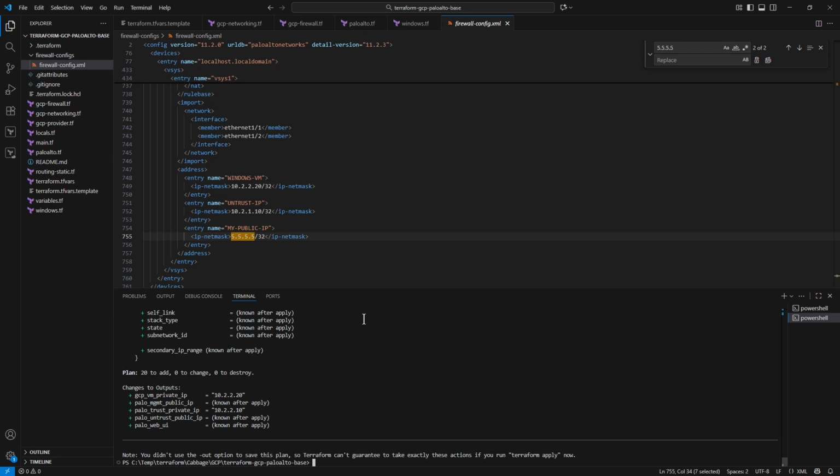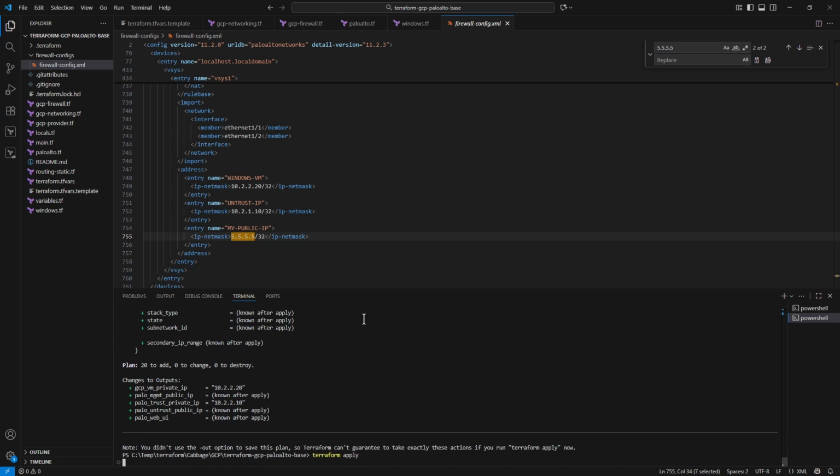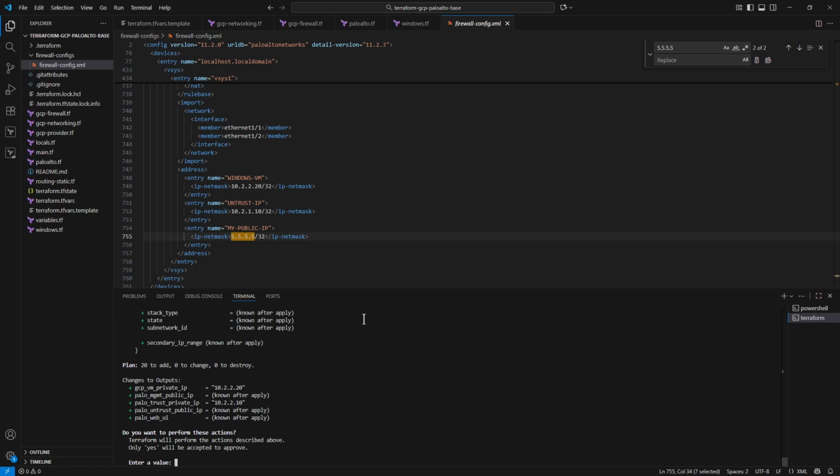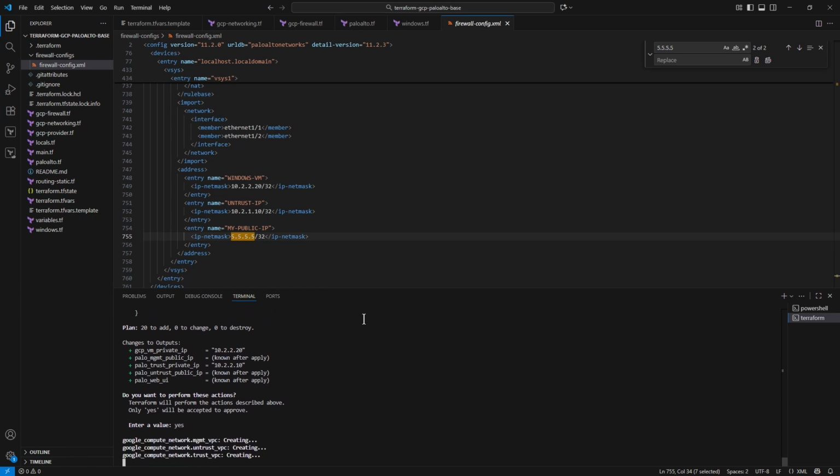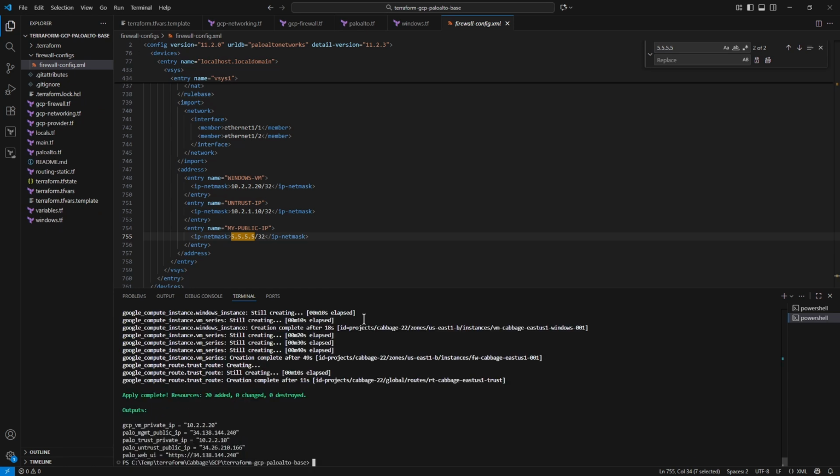So now we can do Terraform apply. And this will actually commit the environment as we need it to. I'll just type yes, go ahead, and wait for that to finish. Okay, that went along as we expected. We've got an apply complete, resources 20, no change, no destroyed. And we've got all of our outputs down here